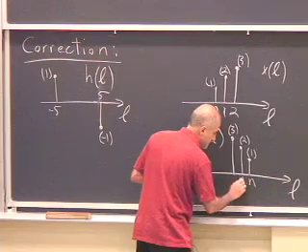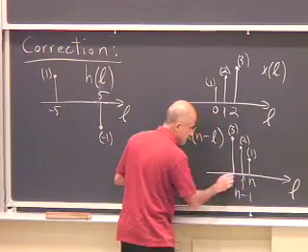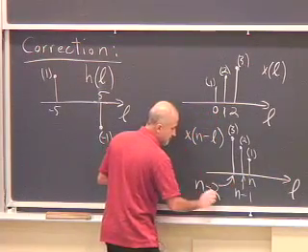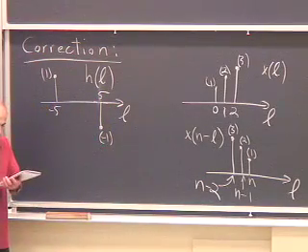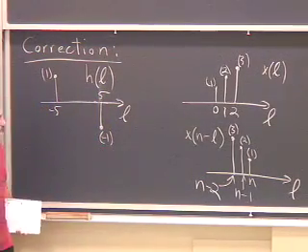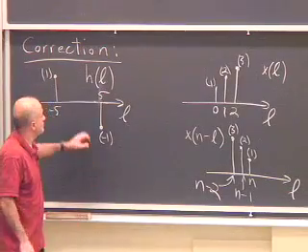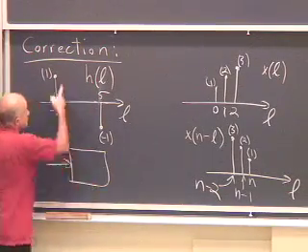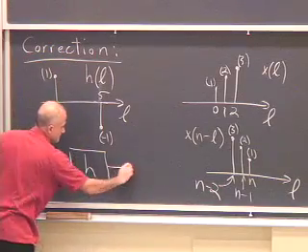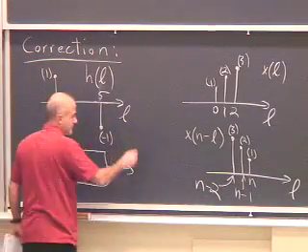So this would be n, this would be n minus 1, and this would be n minus 2. And when we wanted to figure out what the output is corresponding to the filter that has this as its impulse response, that as its input,